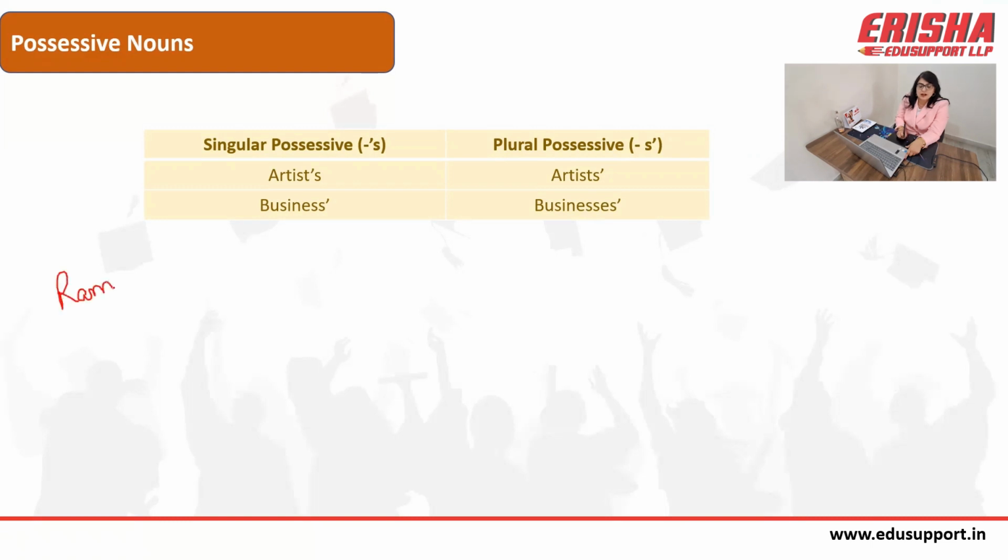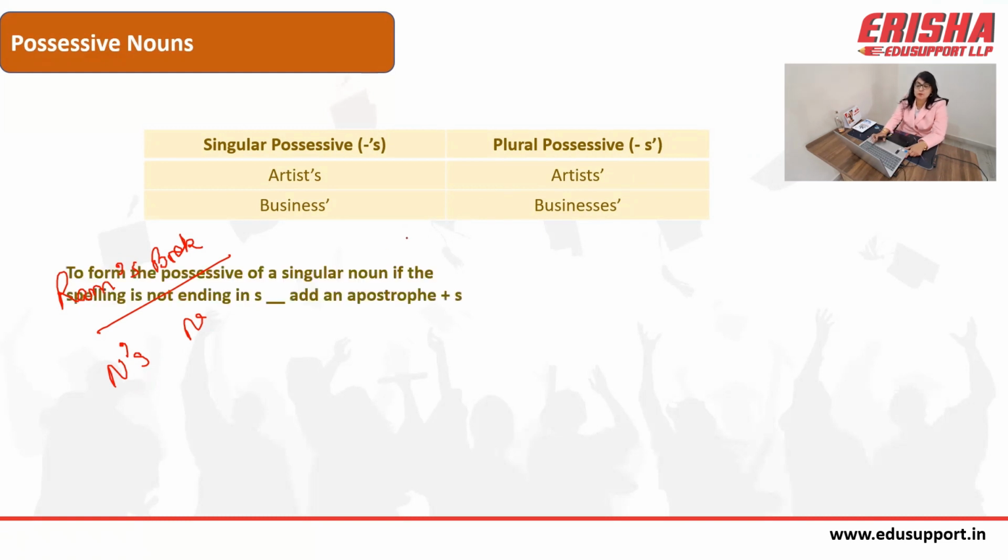So when I say Ram apostrophe s book, both Ram and book are nouns. So two nouns are used together and we put apostrophe plus s to show the ownership, the possessive case, with the first noun, right? Now the rule says if the noun, in its singular form or in its plural form, is not ending with s, then to make the possessive form of that noun, we put apostrophe plus s.